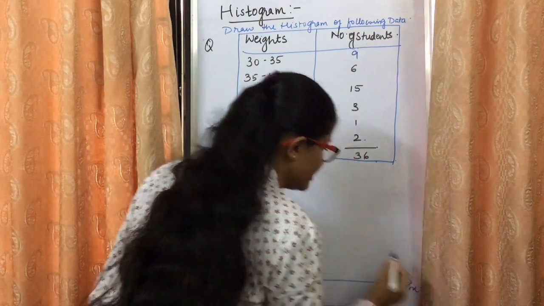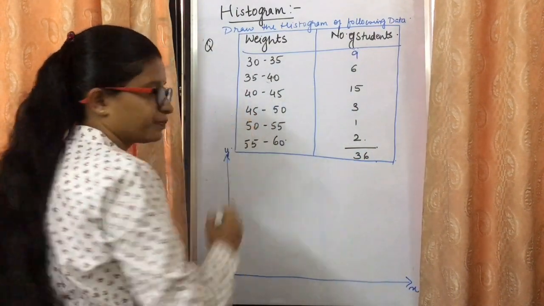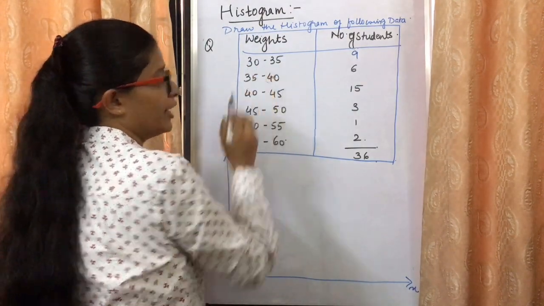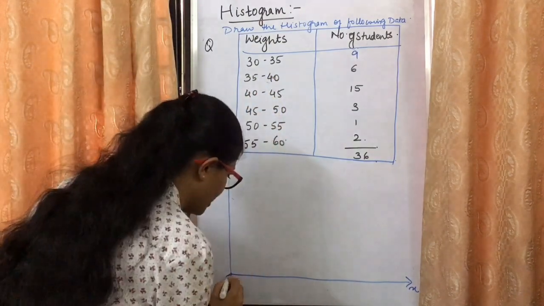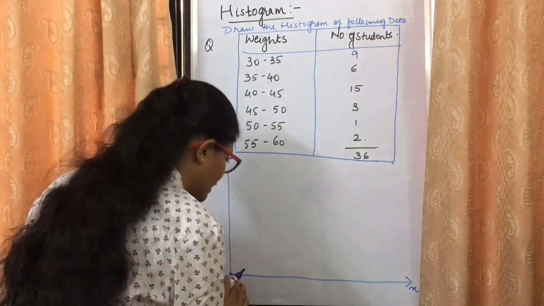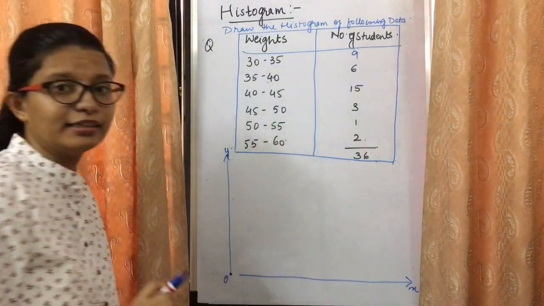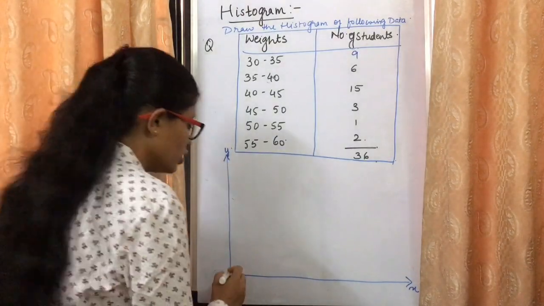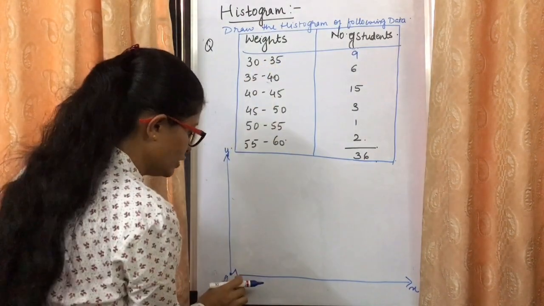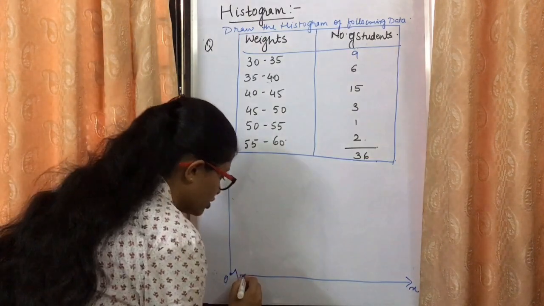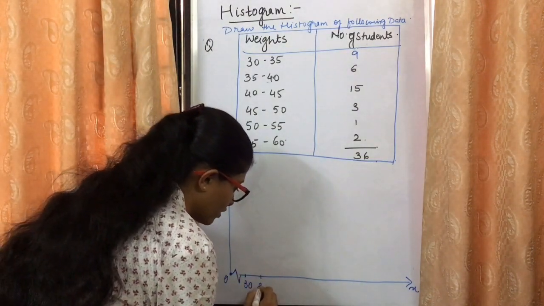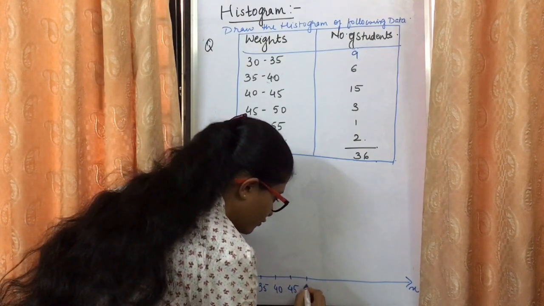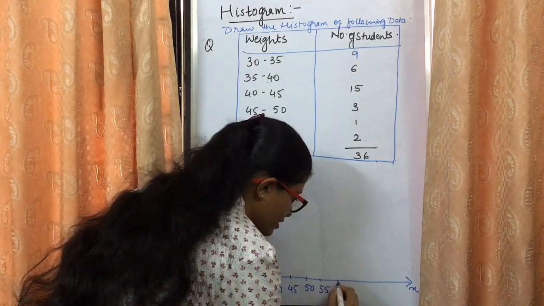Again this is our x axis and this is our y axis. Fine. Now the range starts from 30 to 35, 35 to 40. Means here it is 0. So we are not going to start it from 0. तो 0 से नहीं start करते हैं तो we need to have a kink over there. उसका symbol ऐसा रहता है. Fine. So this means कि you are 0 to 30 का gap छोड़ रहे हो. So this is 30 for you, 35, 40, 45, 50, 55, 60.